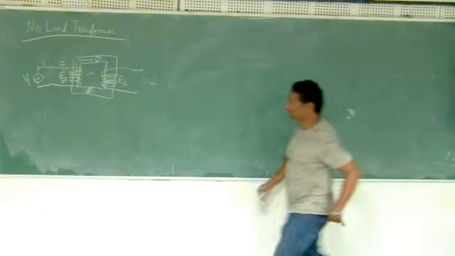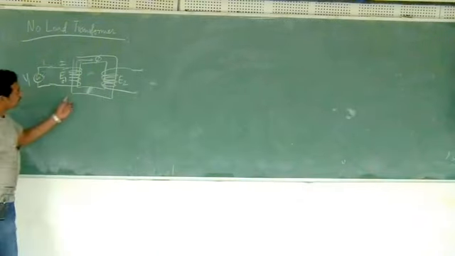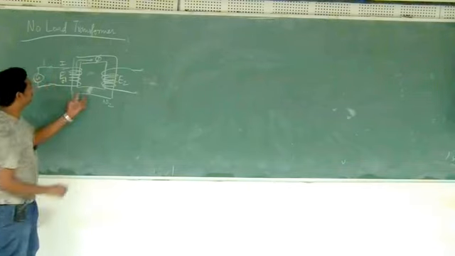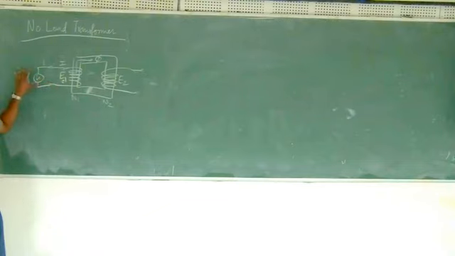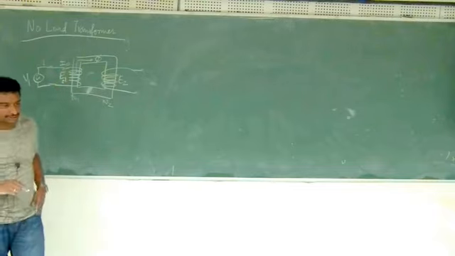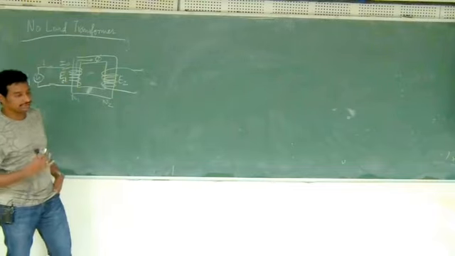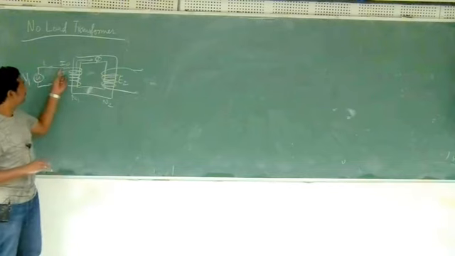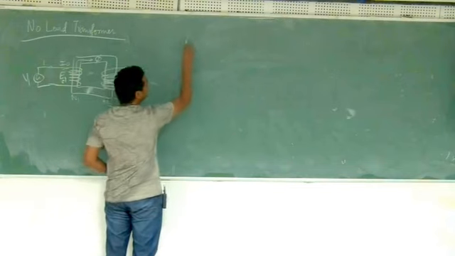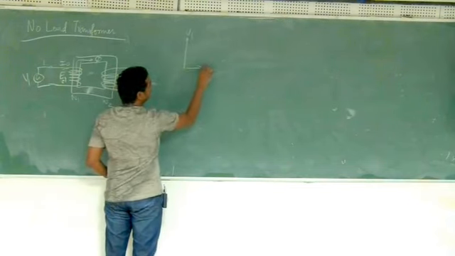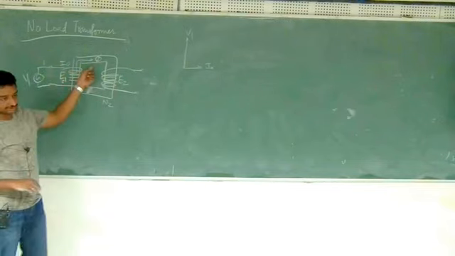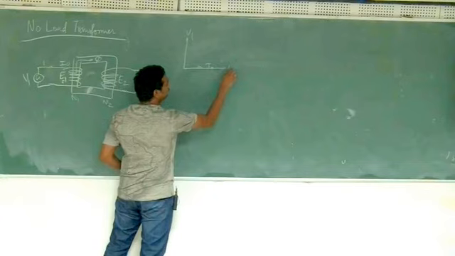What I said last time, you have an ideal transformer and you have N1, N2 turns and you have a core. Whenever you connect an alternating voltage, you will get some current and that current is represented as I naught. Ideally speaking, where there is no losses at all, I naught will be at 90 degrees angle with V1. If I draw the vector diagram, V1 is vertical, I naught is like this. Because of the I naught there is a flux. The flux will be in phase with I naught.